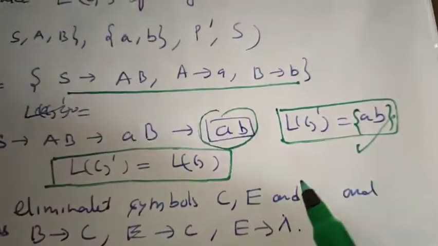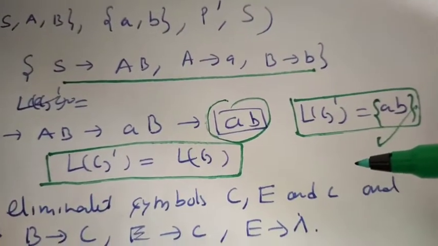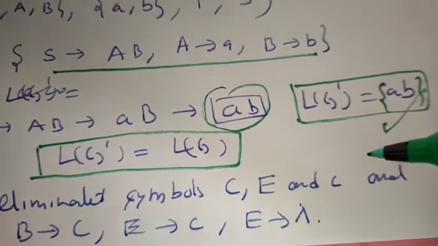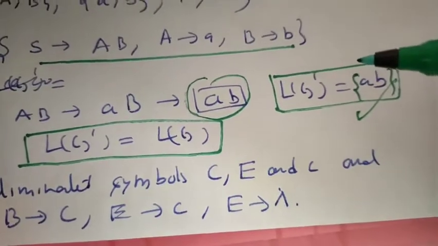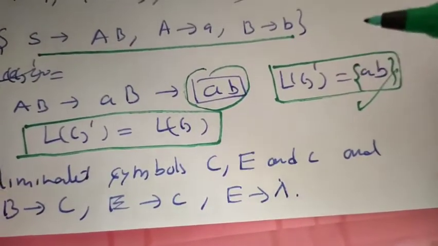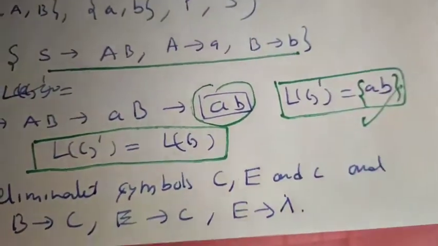So in the simplification of context free grammar, we try to eliminate those productions which are not helpful for deriving sentences and add a burden to the existing grammar. In the next lecture we will discuss how to simplify by eliminating those types of productions and symbols. We will see shortly in the next lecture.